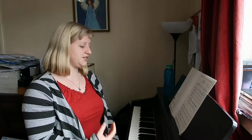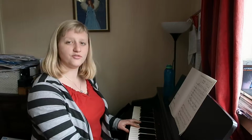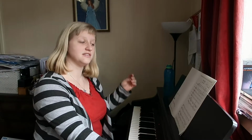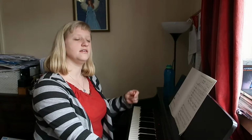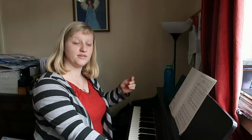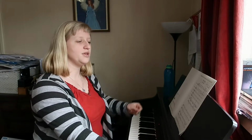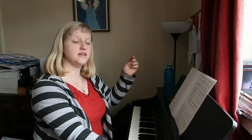So this is very slow at the beginning. This is the thing that we need to keep in mind. So I've just got the tempo of the quavers here. If you just listen to this. So the rhythm is in 4, but that's the quavers, which are the halves. So then it would be 1, Pie Jesu,